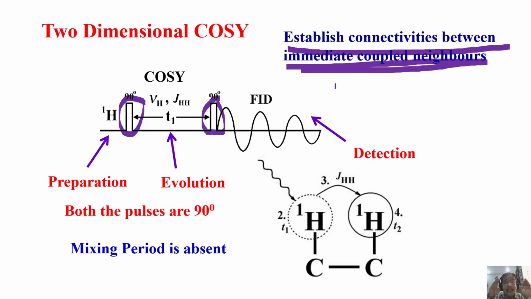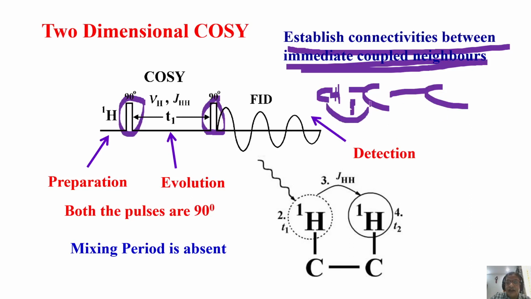What does it mean? It must be a coupled neighbor. So J coupling is necessary. Without J coupling, COSY doesn't work. You need J coupling for a COSY type experiment. Some coupling information is required. So when one proton is coupled, for example, I take a CH3 here, then CH2 here, and another CH3 here, I get correlation of this to this, this to this. I can say from the spectrum, this is its immediate neighbor and this is its immediate neighbor. Like that, I can start getting immediate connectivity information of the neighbors.